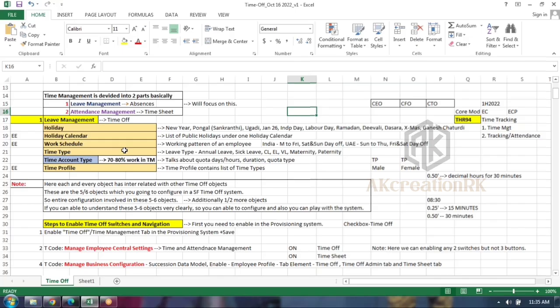Then work schedule, the working pattern of an employee. Working pattern is nothing but, across the globe except the Middle East, we have to follow Monday to Friday, with Saturday and Sunday as days off. Let me go by the software side, guys. Don't expect, sir, we have to work 6 days a week. Then you can go by Monday to Saturday working, with Sunday as a day off. I'm talking about the normal working pattern of an employee. Work schedule is nothing but working pattern. Is it Monday to Friday, Monday to Saturday, or Monday to Sunday, or whatever? Except the Middle East, across the globe, we have to follow Monday to Friday only.